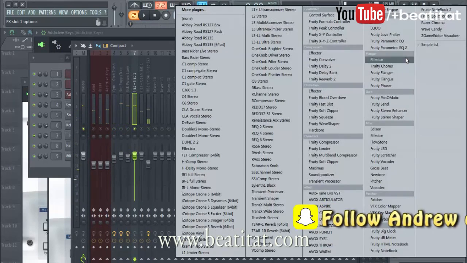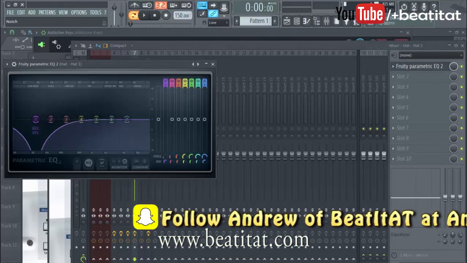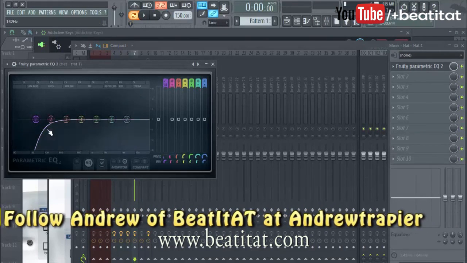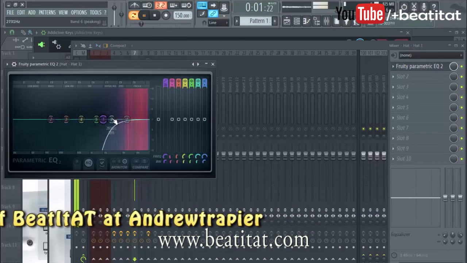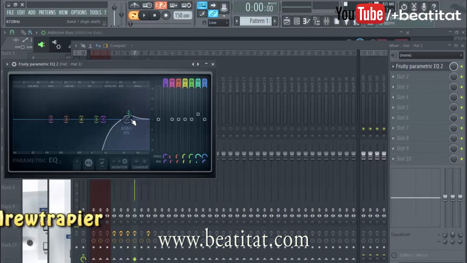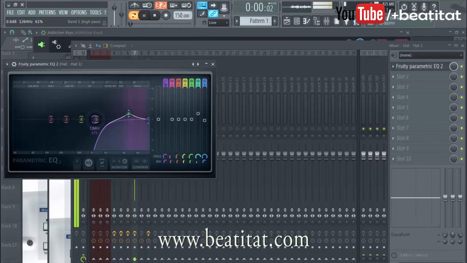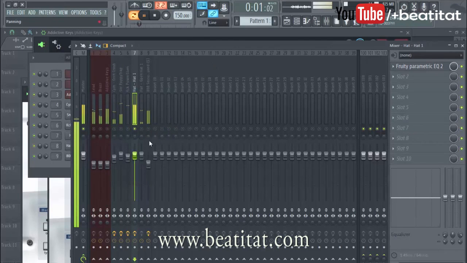Alright, so now we got to go to the hi-hat. Hi-hat, I'm going to completely get rid of that low end. This is just a personal thing for me. Not a lot of people would get rid of that much for this. I like that. I like this. Alright, so then if we do it,